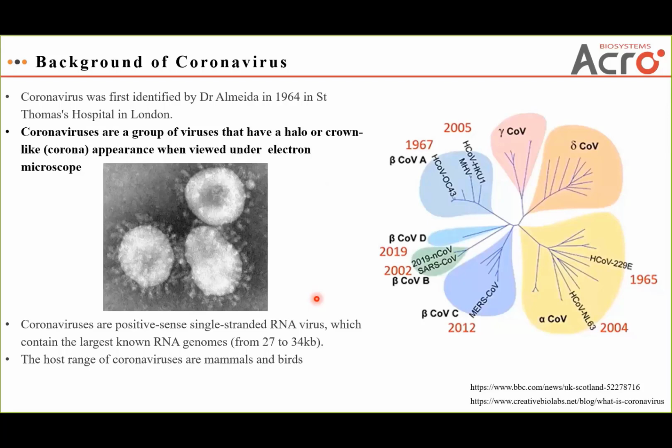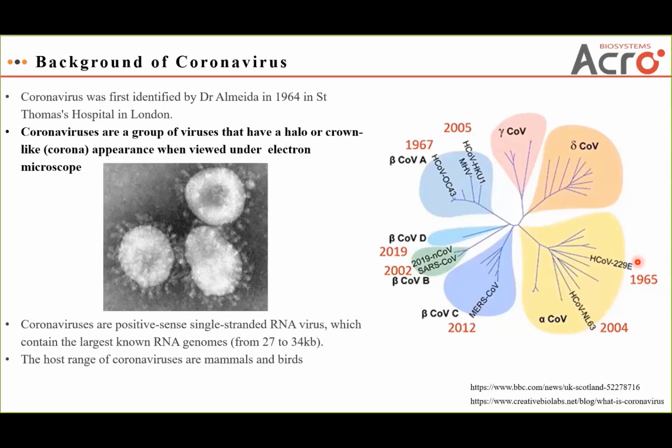Coronaviruses infect mammals and birds and cause various symptoms such as respiratory tract disease and diarrhea. This virus species can be characterized into 4 genome groups, including alpha, beta, gamma, and delta. And within the beta genome group, there are 4 lineages, including A, B, C, and D. 7 coronaviruses have been reported to be able to infect humans. Among them,